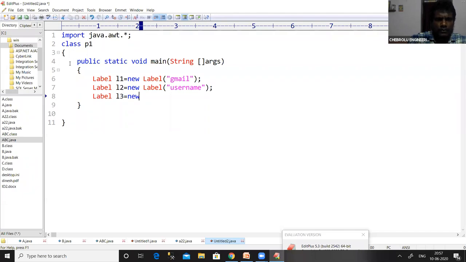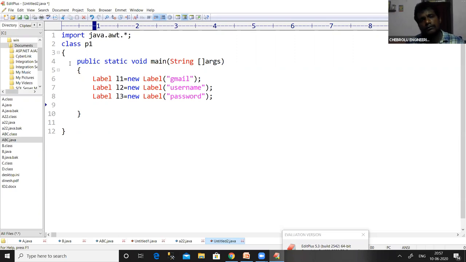L3 equal to new Label of password. So after that, beside username, I want to create some space for the user in order to enter their particular